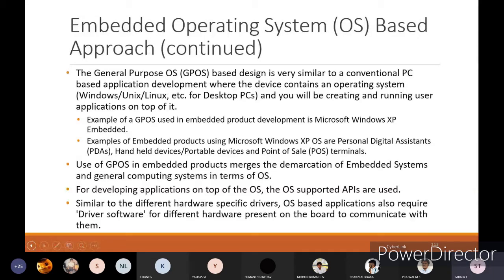Examples of embedded products using Microsoft Windows XP are personal digital assistants, handheld devices, portable devices, and point of sale terminals.